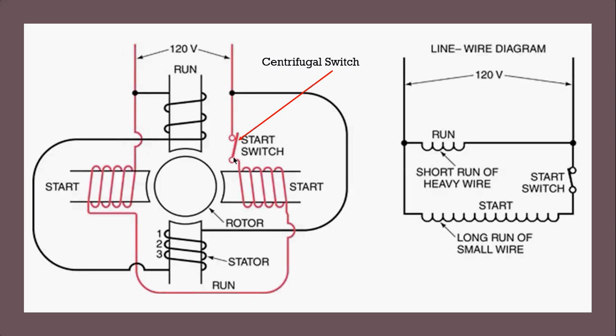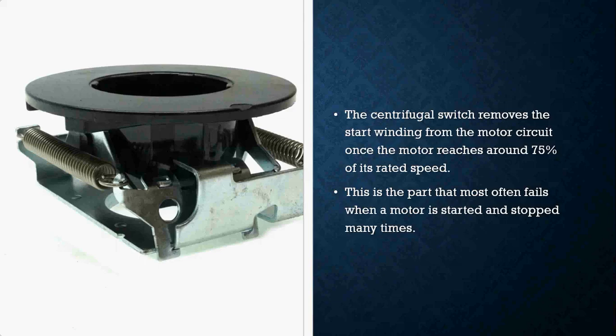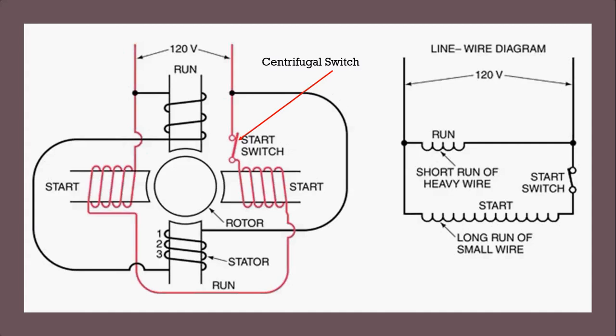Well, we know that we have a start and a run winding. The centrifugal switch on this particular type of motor removes the start winding from the motor circuit once the motor reaches around 75% of its rated RPMs. Okay, when we're dealing with these types of motors, this is the type of motor that often fails when the motor is started and stopped many times. So what happens is the start or the centrifugal switch is a normally closed switch. So when I am energizing this motor,